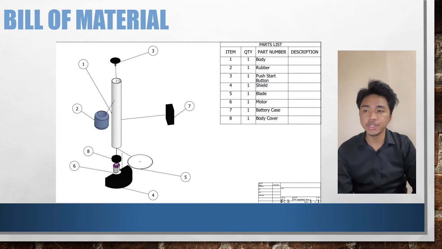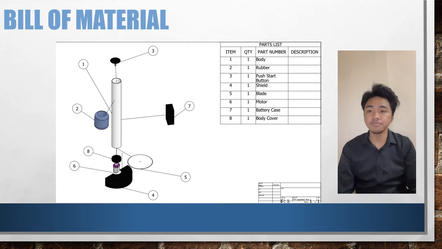To go into more detail, I will tell you the bill of material of our product. So, number 1, we have the body of the product, and number 2, the rubber, which is the place that we touch to feel more comfortable, and number 3, the push start button to turn the product on and off, which is at the top of the body, and number 4, we have the shield.